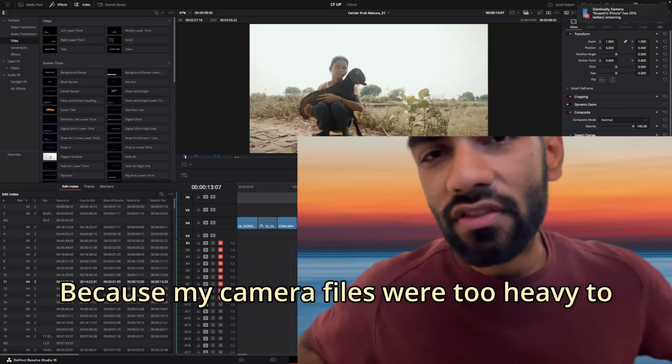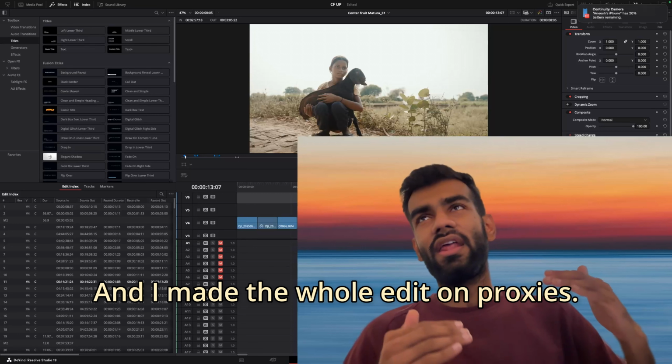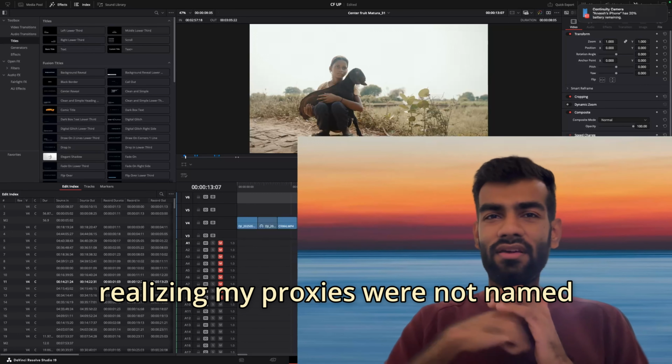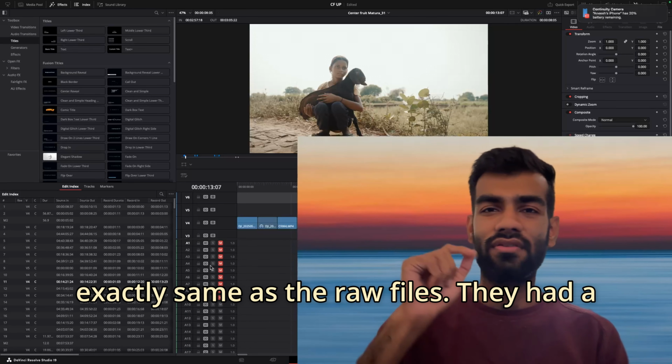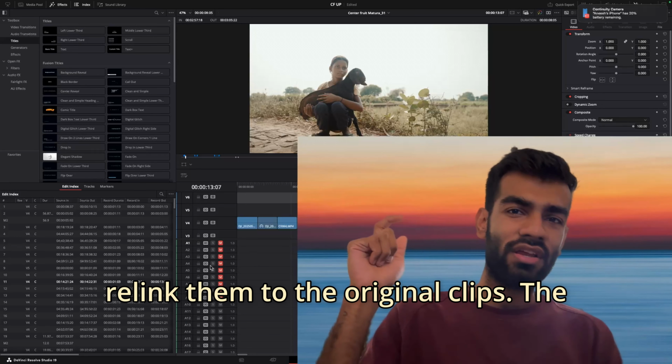Because my camera files were too heavy to work with, I made proxies to make my life simpler, and I made the whole edit on proxies. Eventually I ended up realizing my proxies were not named exactly the same as the raw files. They had a different file name, and now I'm unable to relink them to the